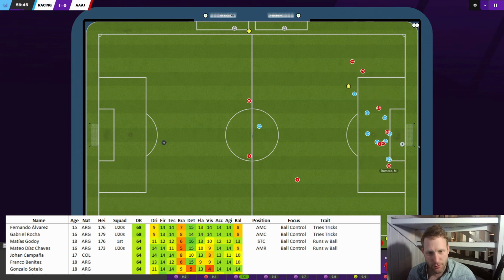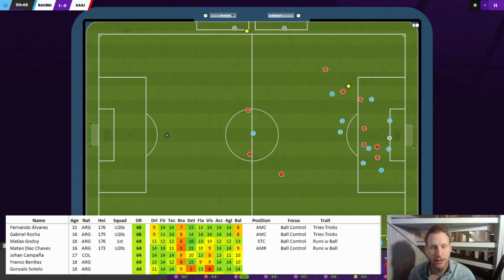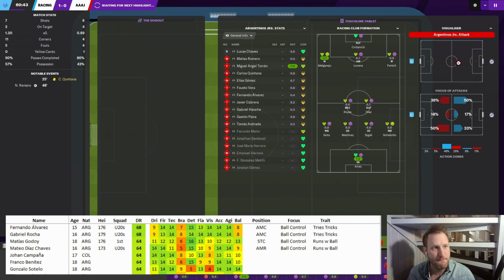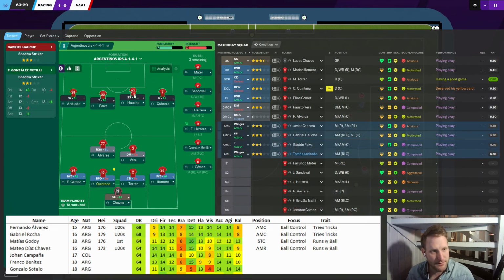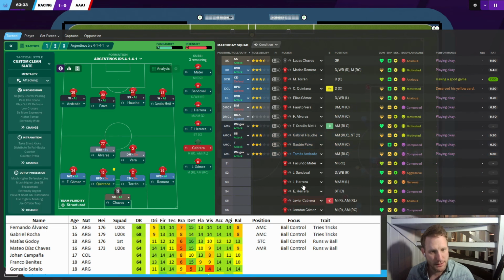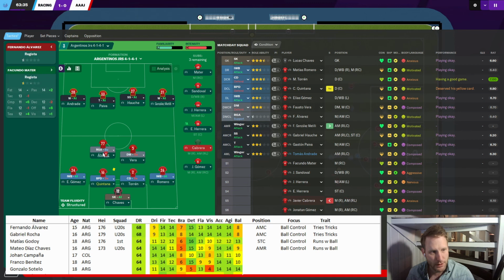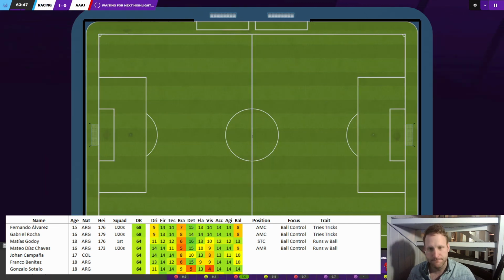Alvarez, Romero. Oh, I don't like losing. Maybe no one does, but I really don't. Gonzalez Medilli comes in instead of Cabrera, and Unomater comes in instead of Alvarez.